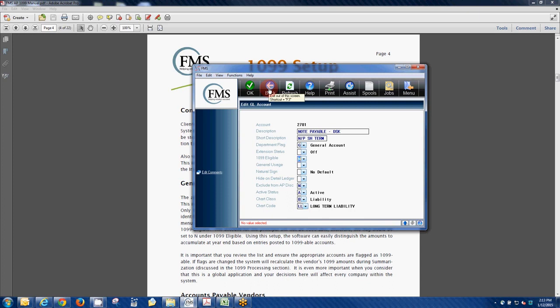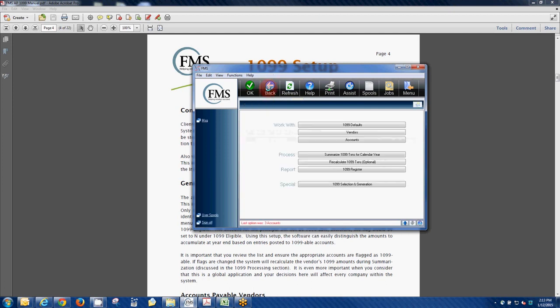Otherwise, that has to be flagged as a yes in order for the AP system to pull the 1099able invoices. So that's the GL piece of the setup. On the vendor side, which is here,